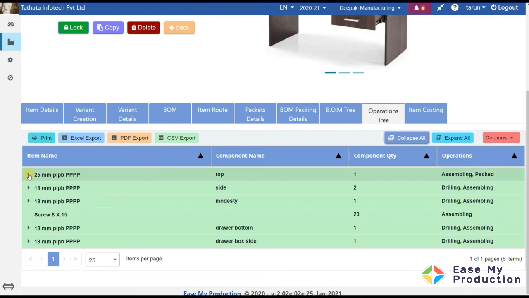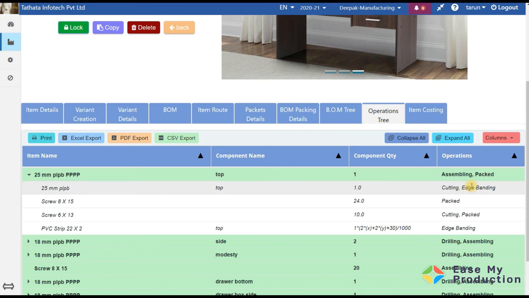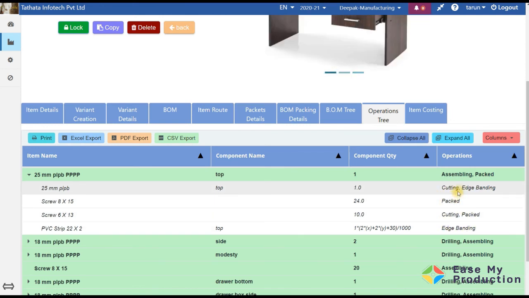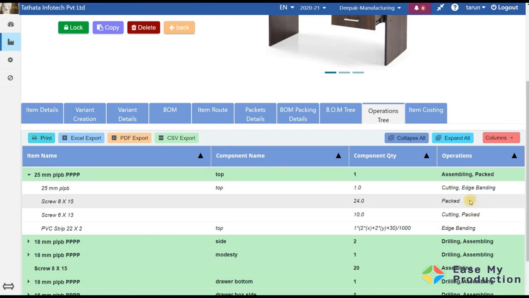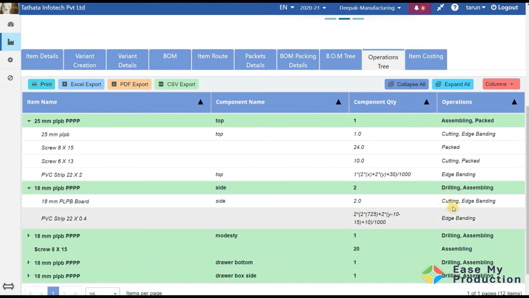Now we expand this 25 mm. Now you see, when we had defined this subassembly, we had already defined the operations which were inside it. So you see, cutting and packing, edge bending, so these are already defined. And for 18 mm also, again you see operations are already defined.